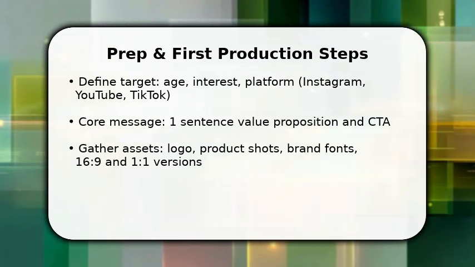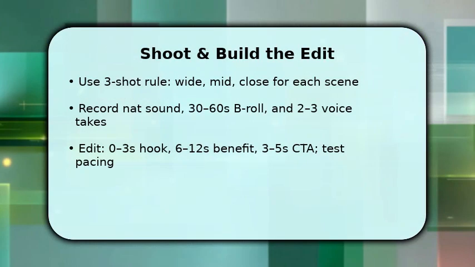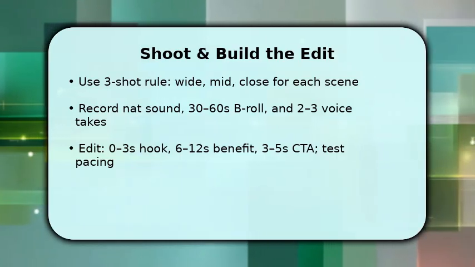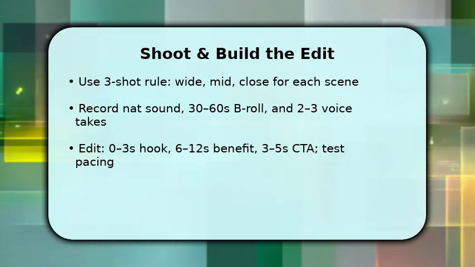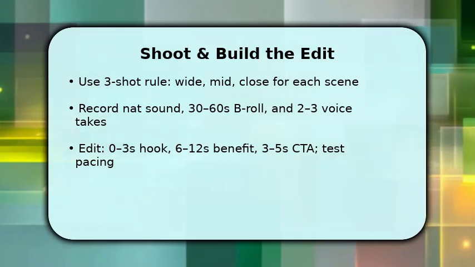Apply the 3-shot rule: wide, mid, close, so coverage gives choice in the edit. Once filmed, collect natural sound and at least 30-60 seconds of B-roll per scene, plus multiple voice takes to pick